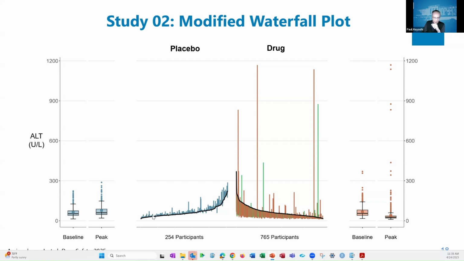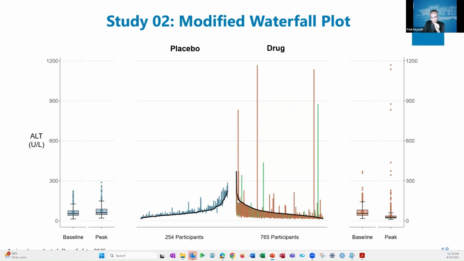So what we did was we plotted every patient, their baseline value along the black line, from lowest to highest for the placebo. So the patient who entered this trial on placebo, the lowest baseline ALT was right down here, and the one with the highest is up here along this black line. For the drug, we did the same, but we just went in the opposite direction, highest here and lowest here. And then we just plotted by a bar their maximum ALT after day 1. And so you get visualization. You say, clearly there's a problem here. There's more excursion up on drug than placebo.